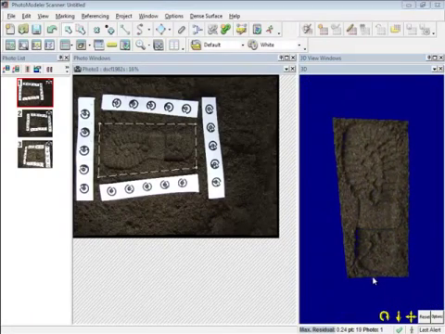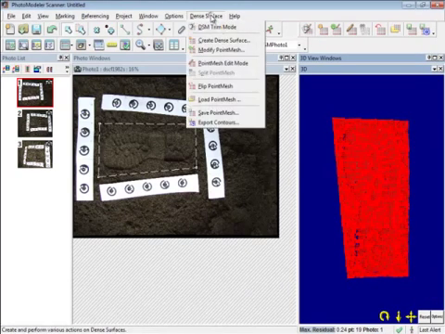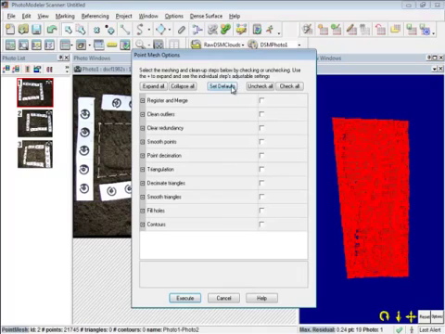Now we select a mesh and choose the Modify Mesh command. Using the default settings, we will produce a triangulated point mesh. More information on modifying the mesh